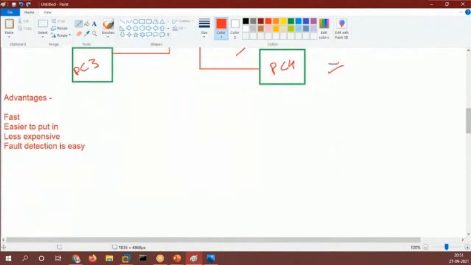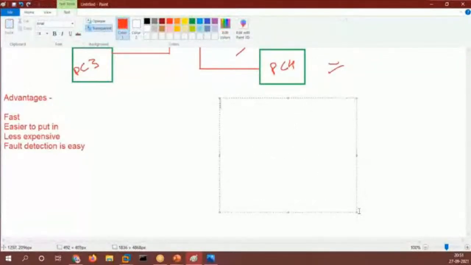Now if we talk about the disadvantages, guys, can you see any disadvantage of star topology? Correct.